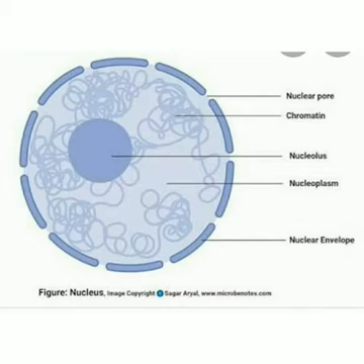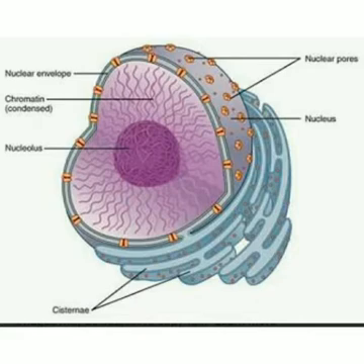Under a higher magnification microscope, we can see a smaller spherical body in the nucleus, and this is known as nucleolus. There is a colorless dense fluid inside the nuclear membrane and is known as nucleoplasm. In addition, the nucleus contains thread-like structures called chromosomes. But the chromosomes can be seen only when the cell divides.